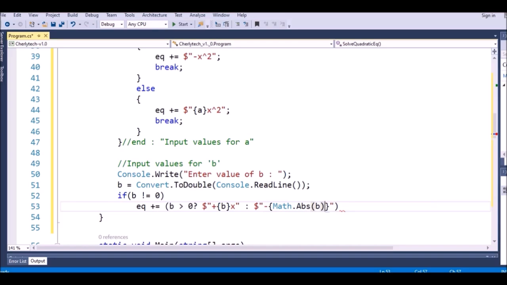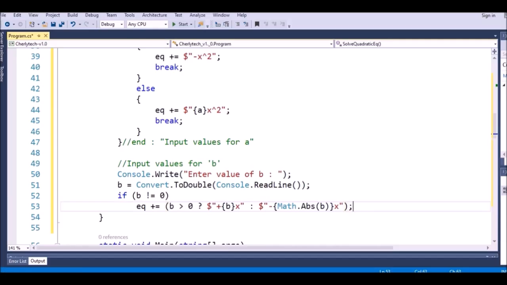We use the map function to show that, and after that x. This means that when the value of b is minus, we use the absolute for the value of b, and then we plus the sign minus, followed by the x like this. So we end this one,